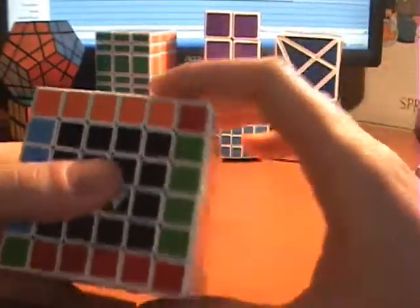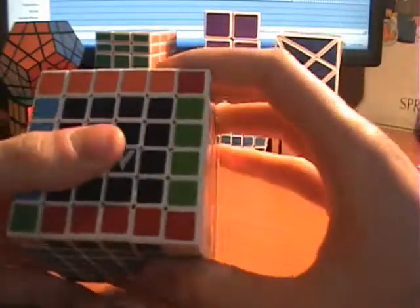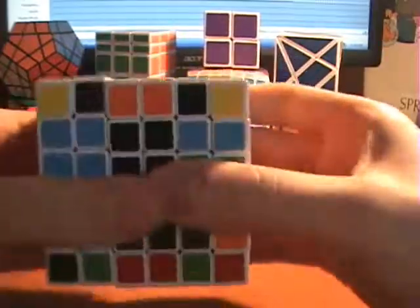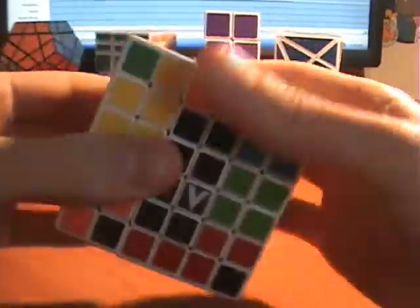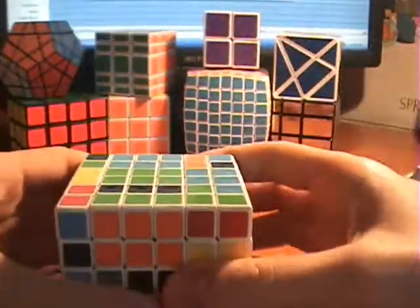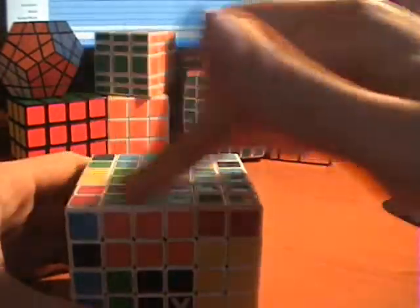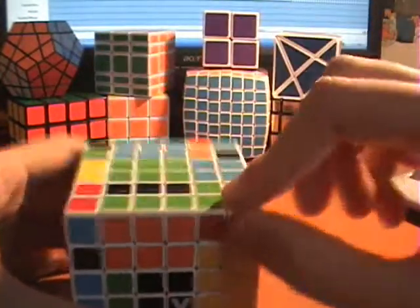What you can do from this point on is then mix it up again like a 3x3, turning 2 layers at a time. And it's very important that you turn 2 layers at a time. If at any point you turn just 1 layer or 3 layers, it messes this up completely and it won't work. So you turn 2 layers at a time. And what this does is now you ignore the outer layers completely,